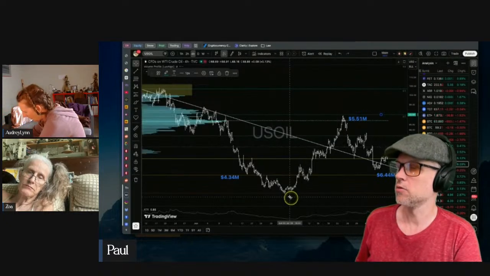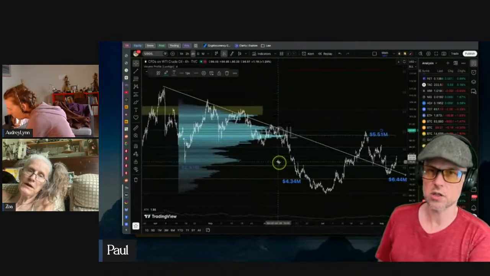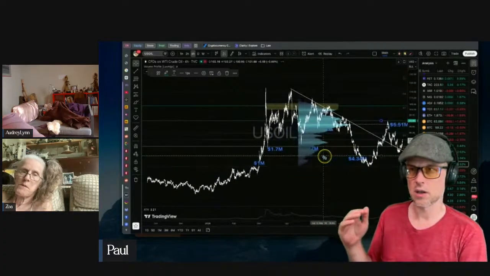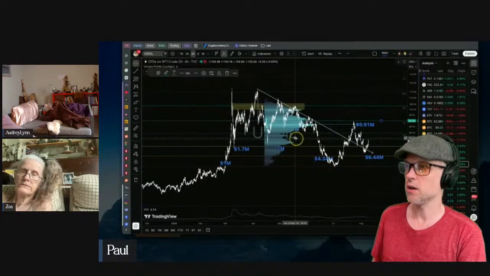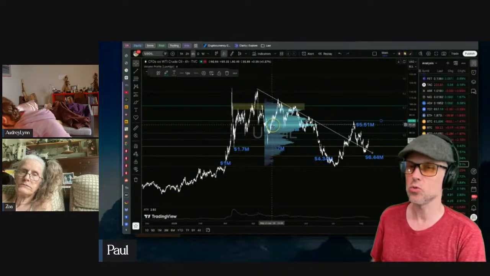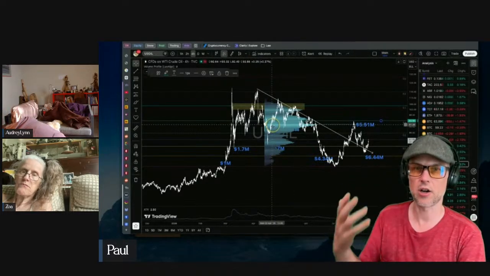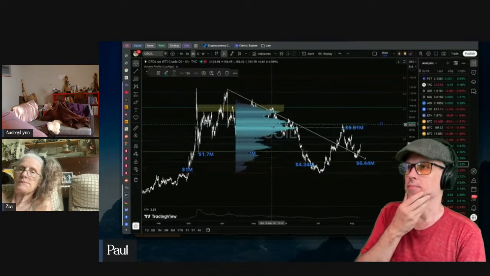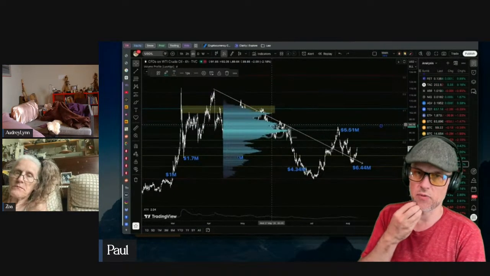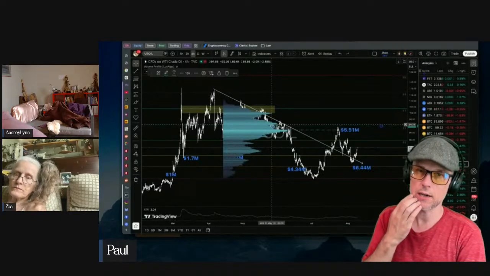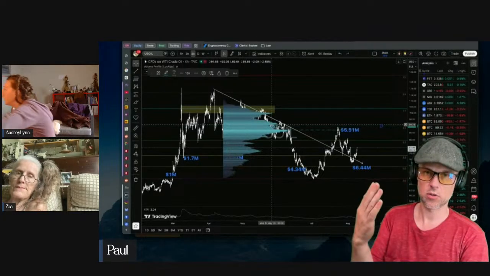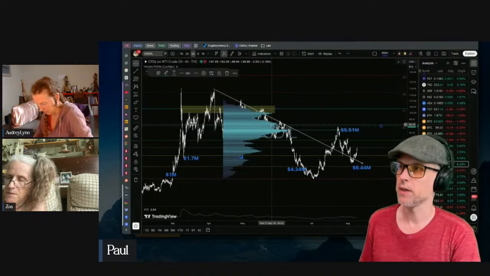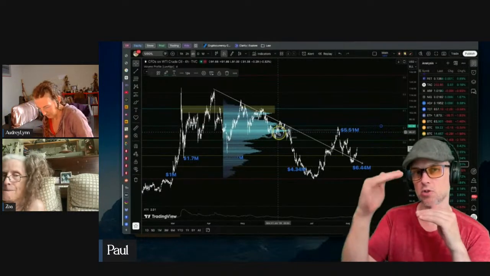There are volume profiles as well. So this is a volume profile where the color will give more intensity to price levels that have higher volume. You can get that data as well, and it's especially helpful in longer term trading. The longer the term of your trade, the more important it is to look at the volume. If it's a shorter term trade,